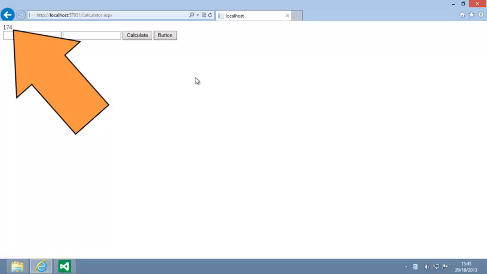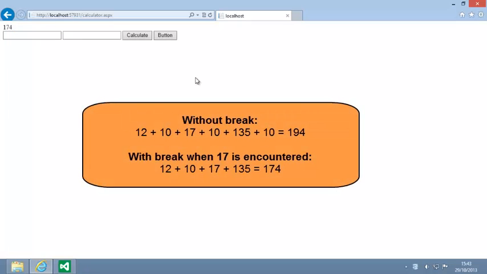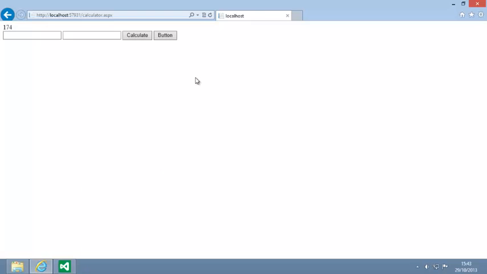This is because your loop stopped when it encountered a value of 17. So instead of 12 plus 10 plus 17 plus 10 plus 135 plus 10, you're seeing 12 plus 10 plus 17 plus 135. Close your browser now